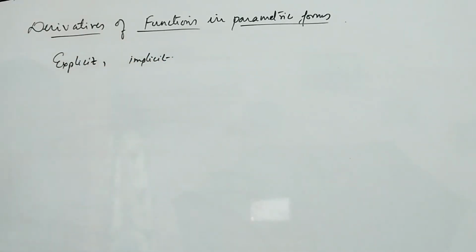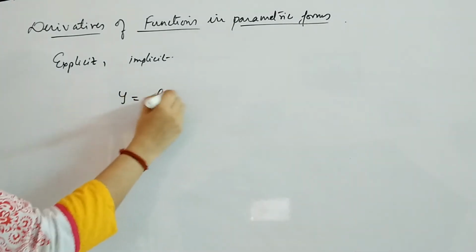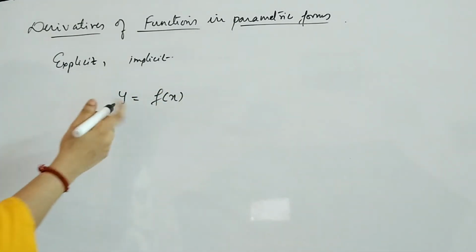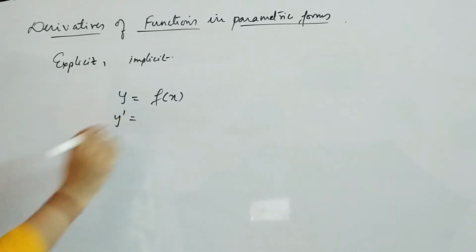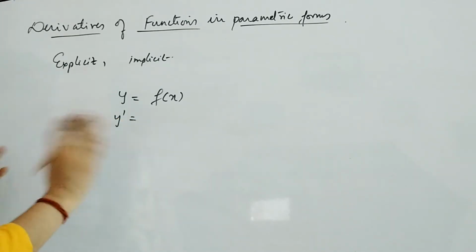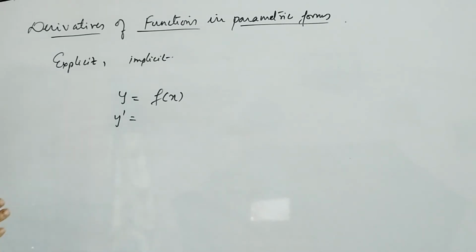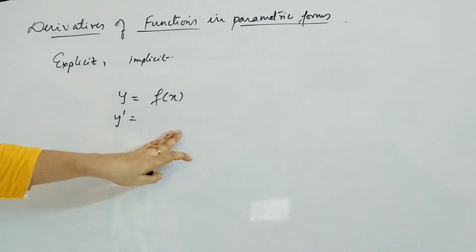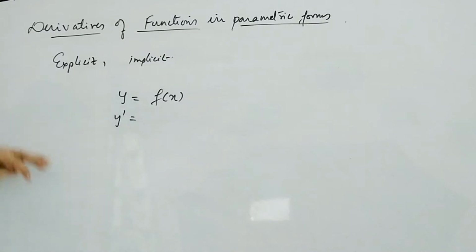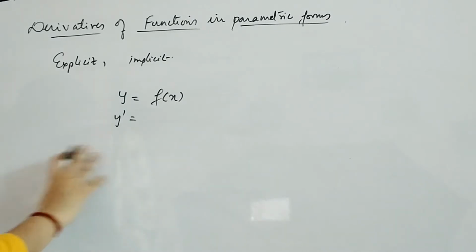right? That means you had gone through y is equal to some function of x given directly, and you are just differentiating and finding y dash of x. Or else it will be a combination of x and y, and there you cannot split it as y equal to f of x. That means you directly differentiate and collect the terms wherever you got y, the derivative will have dy by dx, and you collect and find out what dy by dx is equal to, right?